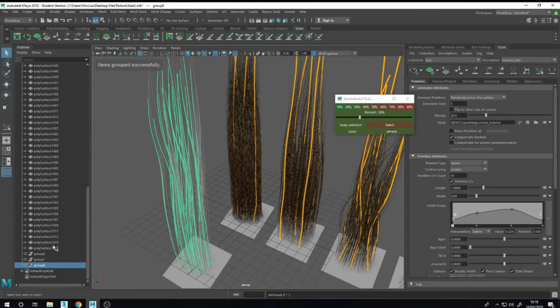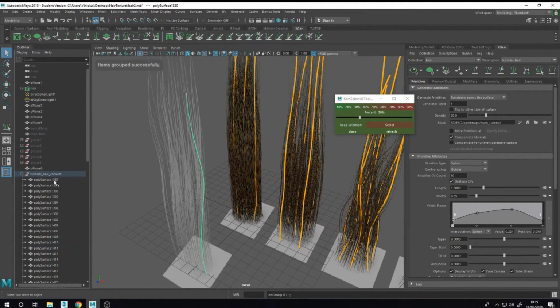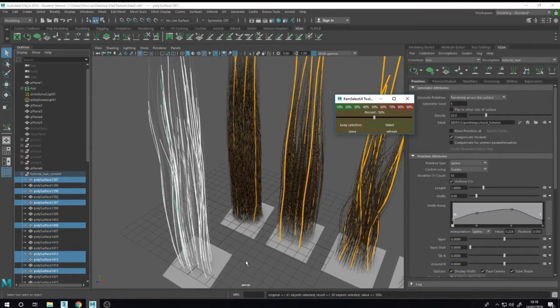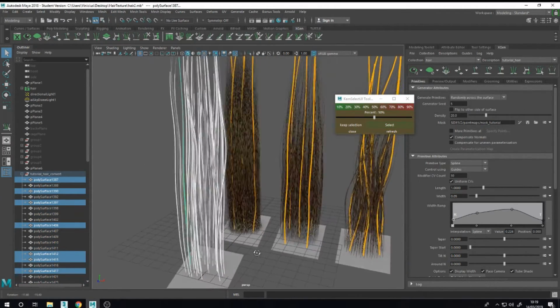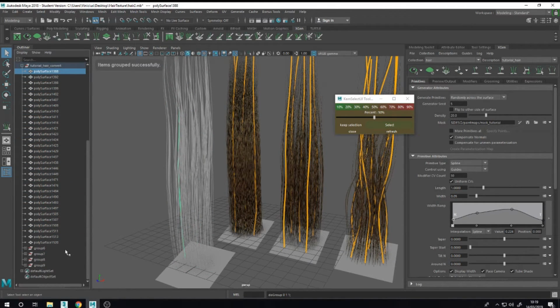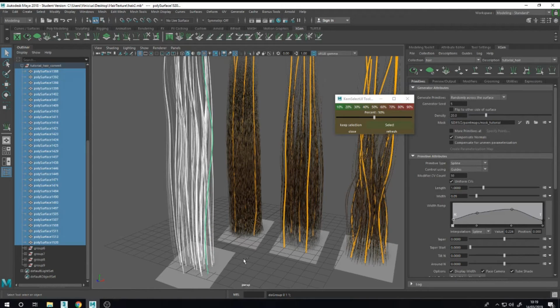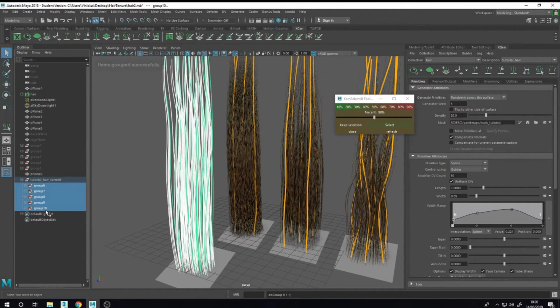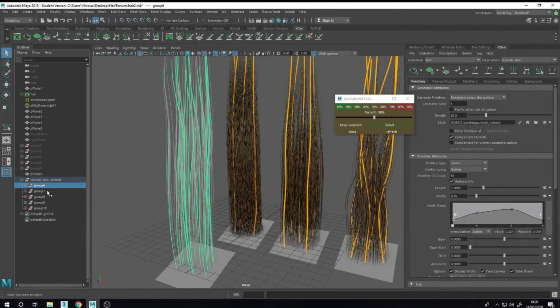Ctrl G. Now half. Ctrl G. And the rest you don't need. Ctrl G. You end up with 5 groups here of hairs to bake in the X-normal.